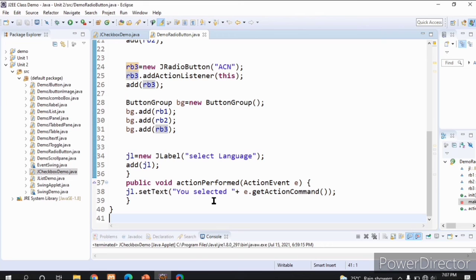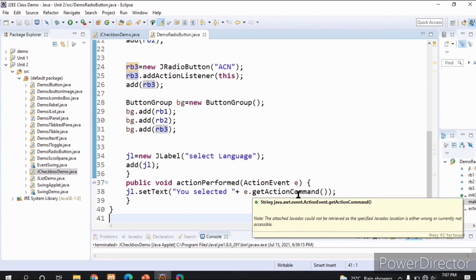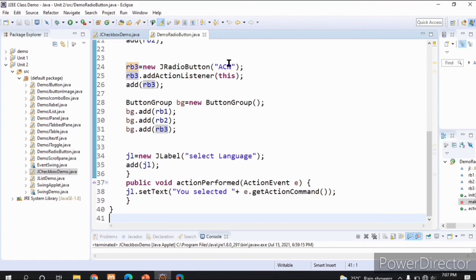As we are implementing the ActionListener interface, we need to override the actionPerformed method. In that actionPerformed method, I am setting the text of the JLabel to You selected plus e.getActionCommand. It means whichever radio button is selected, we get that action command and print You selected ACN.